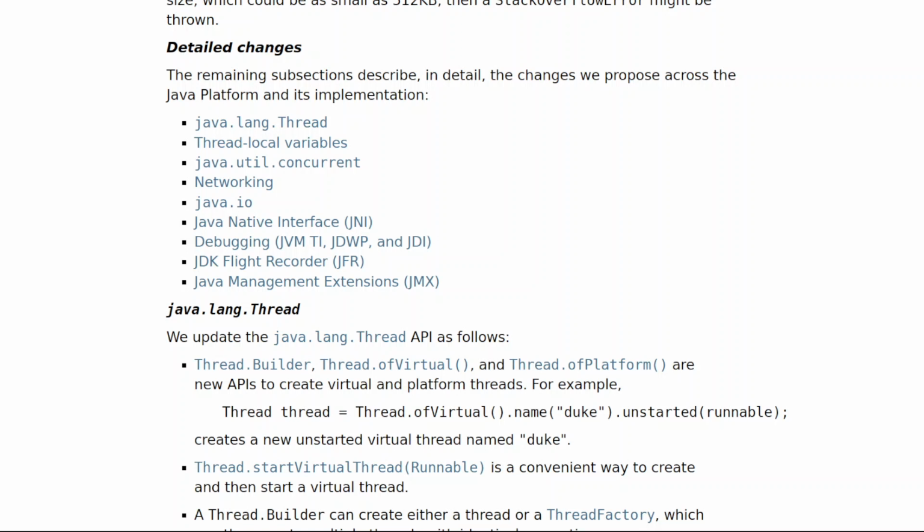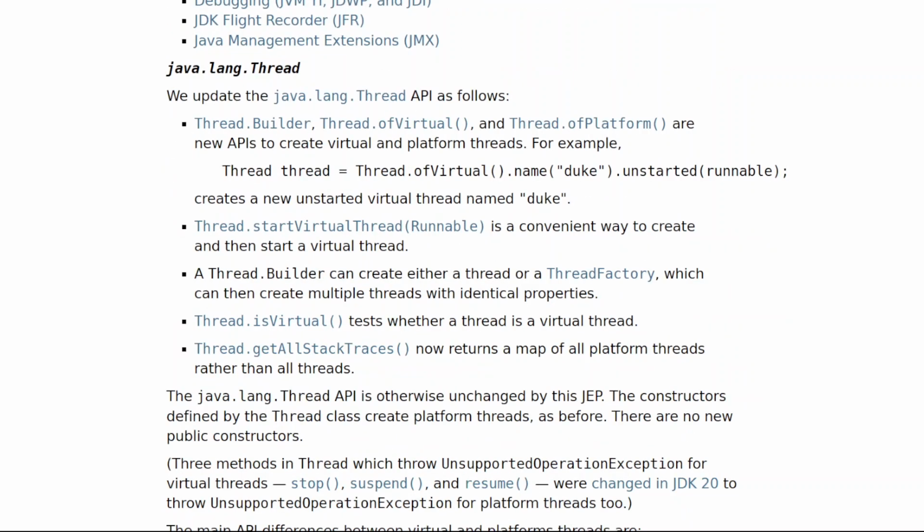java.lang.Thread. We update the java.lang.Thread API as follows. 1. Thread.Builder, Thread.ofVirtual, and Thread.ofPlatform are new APIs to create virtual and platform threads. For example, Thread thread = Thread.ofVirtual().name("Duke").unstarted(runnable) creates a new unstarted virtual thread named Duke. 2.